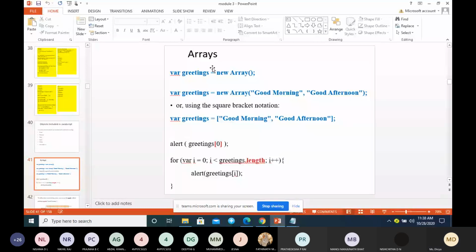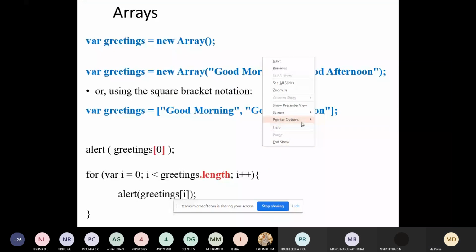This is how you create an array object with the keyword new, where you give the name of the array. Here the name of the array is greetings. This is the name of the object. new Array with brackets, same as creating the object.